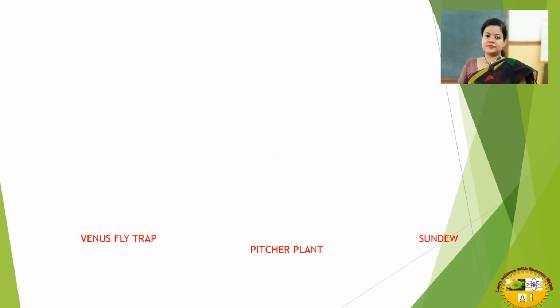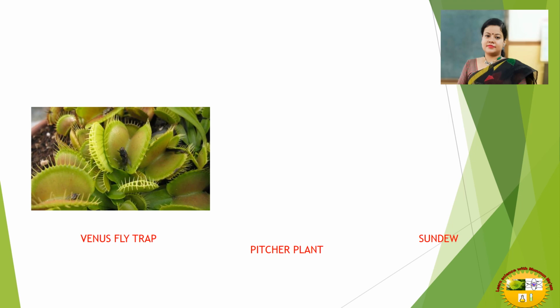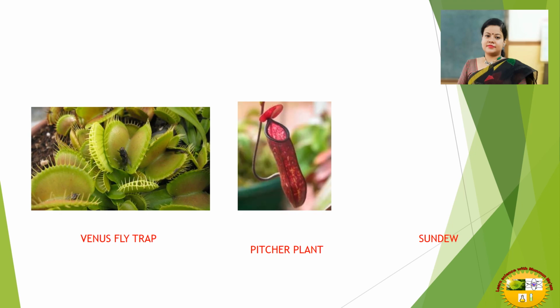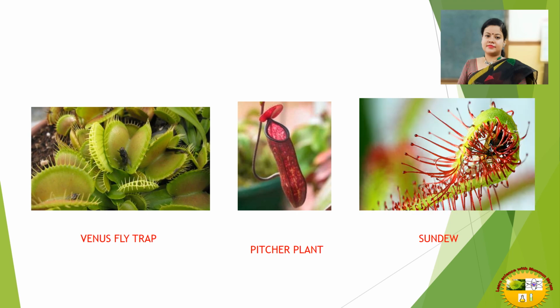So here we are going to take a glance at some of the insectivorous plants. This is Venus flytrap. You can see that the leaves are like a trap and it has trapped an insect inside it. Whenever an insect sits on it, it traps the insect and the digestive juice inside digests the insect. Next, here is the pitcher plant. Shape is like a pitcher. If an insect sits on the rim of the pitcher, it goes downward, the lid closes and it is digested. This is sundew. They are also insectivorous plants.